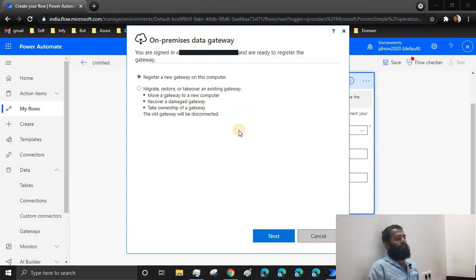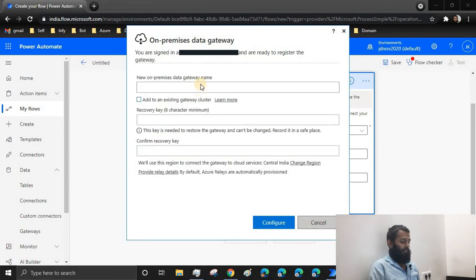Alright, so since I'm trying to register a new gateway, I'll select that. If you want to restore the existing gateway, then you can move to the second portion. But I'll create a new gateway and I'll name this gateway as JDBots Windows 10 Pro.